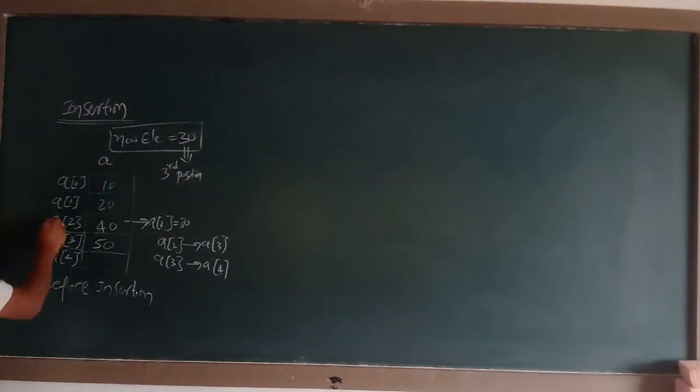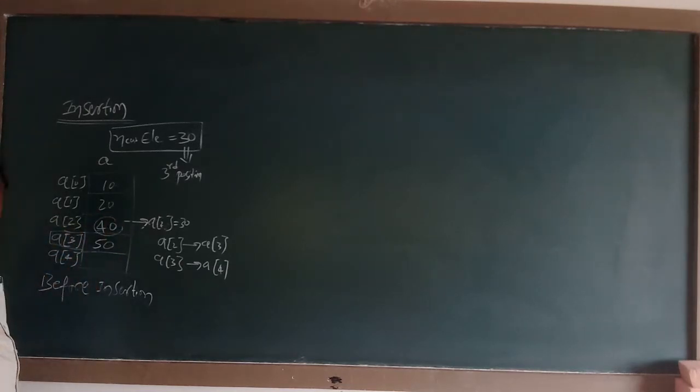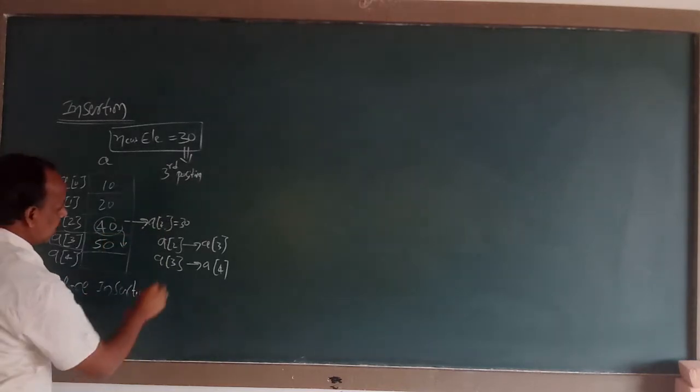So asked position is A of 2, means in A of 2 what is there? 40, that is shifted to higher order means A of 3, right? So A of 2